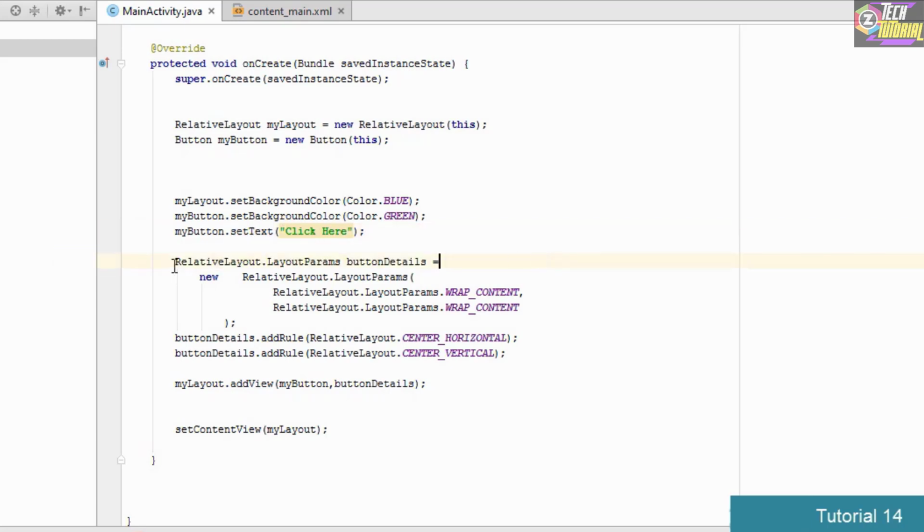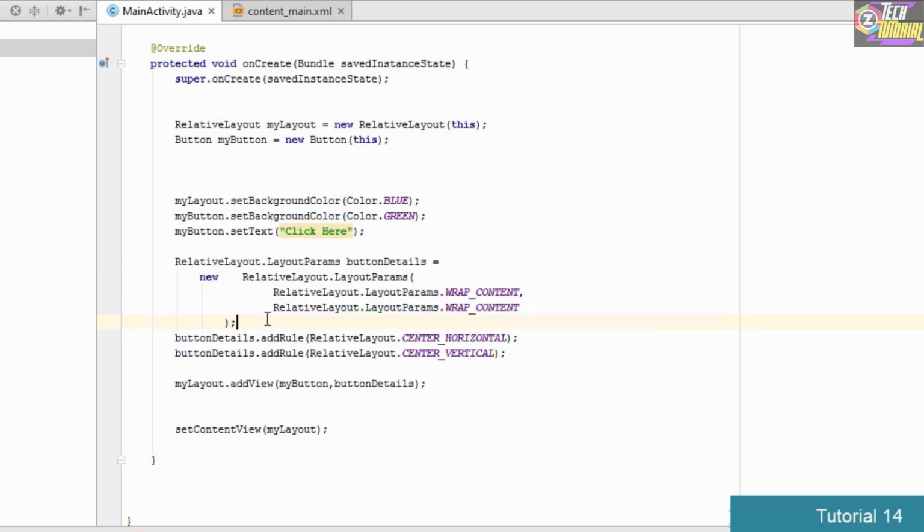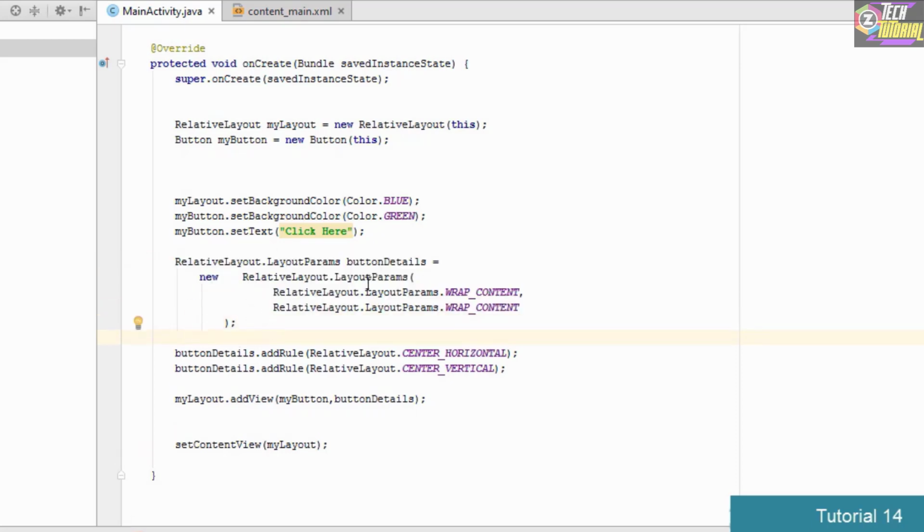Now this line of code right here is a bit confusing, and that is because it is basically a rule in order to set the layout. So basically we have created a rule and we have named it as button details, and then as we are using the relative layout, we have specified relative layout, and inside the parameters of relative layout we have basically set the parameters to wrap content. Now wrap content is used because we want to fit the layout in such a way that it wraps the content, that is, it wraps the widgets which are specified into it.